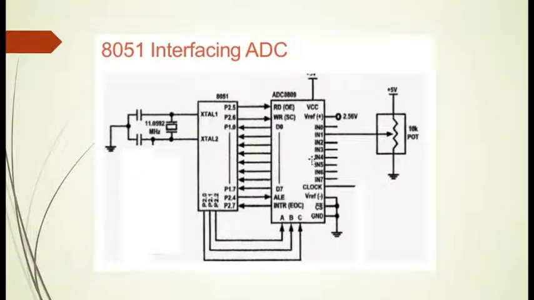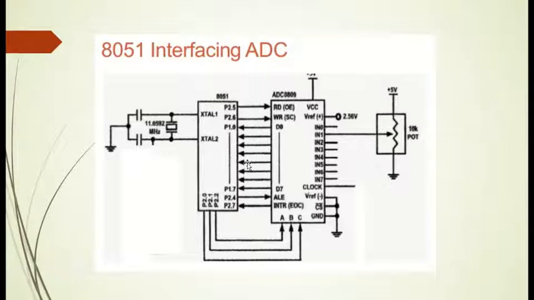After this is done, the microcontroller makes the OE, output enable pin, high to write the data into the data output pins. So data will be in these data output pins. Then the microcontroller will read from D0 to D7 the actual data which has been converted. So this is how analog to digital conversion happens.